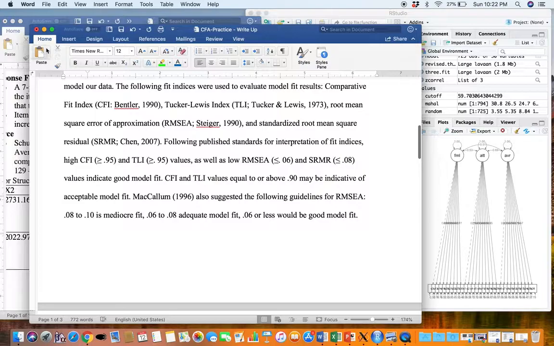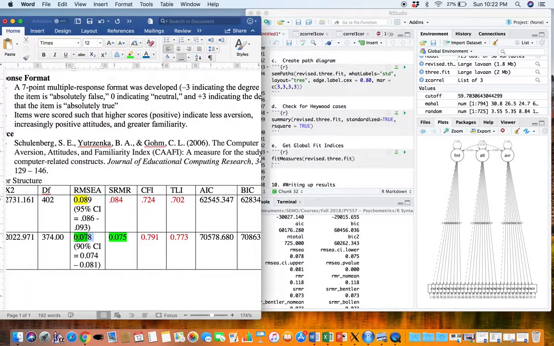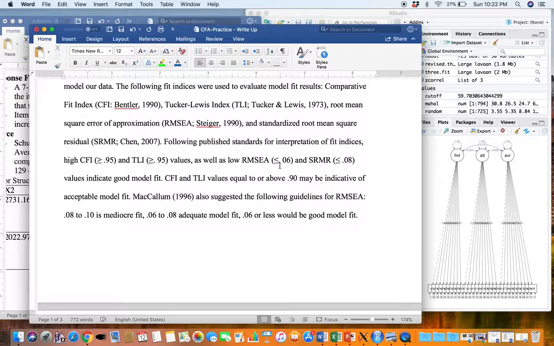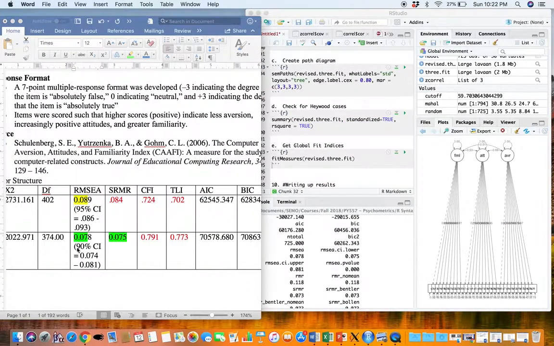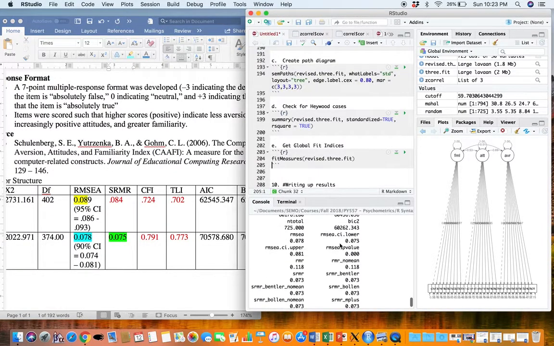So that's adequate model fit. .089 is actually mediocre. Let's make this, I don't know, maybe make this orange, or some other color. How about this color? Right, SRMR 0.073,